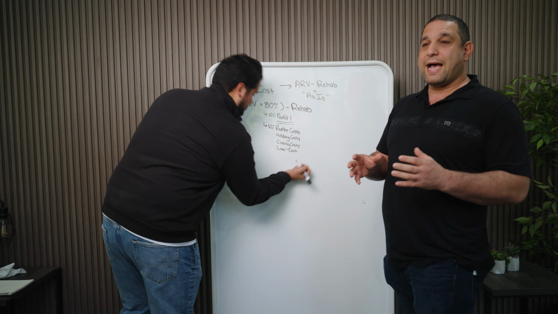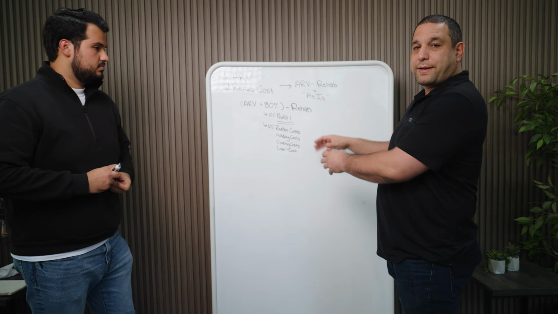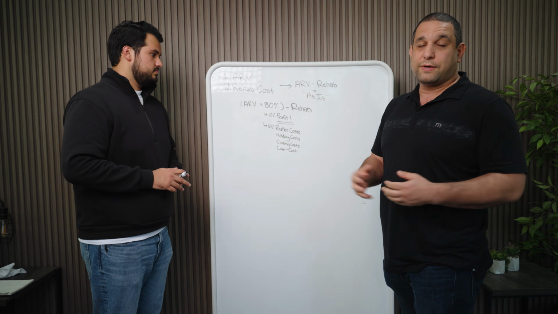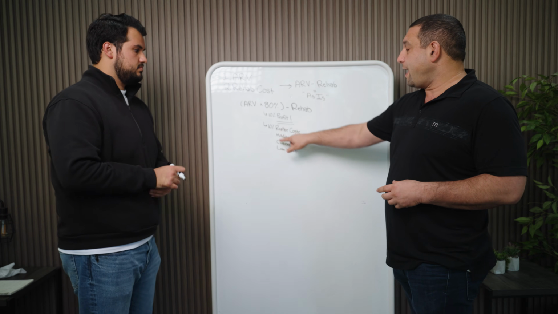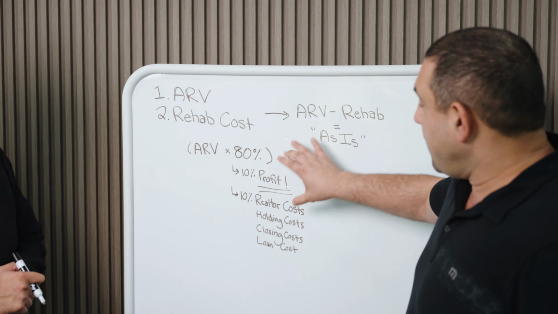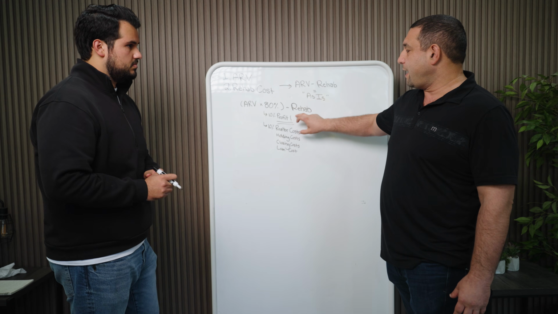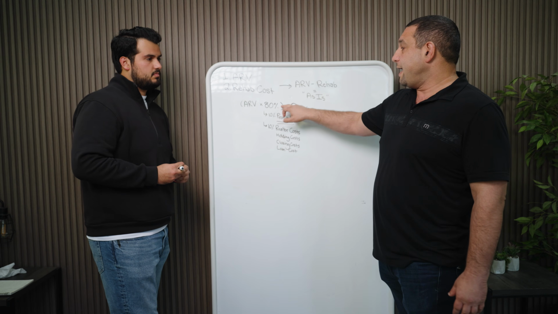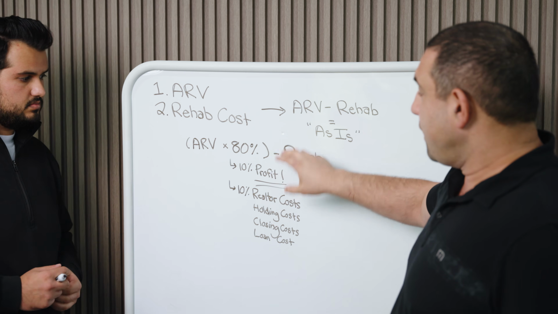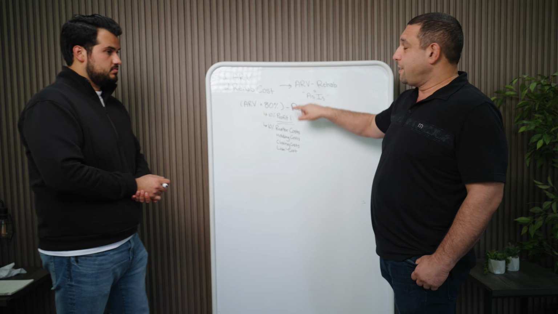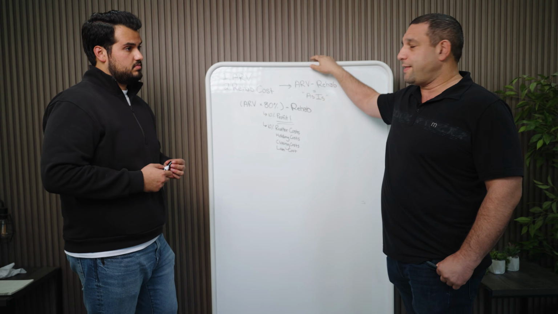But even though we're paying cash, our money is worth something. If I wasn't using my money to buy this property, I would use my money to make money on other things, right? We do lots of loans. I could loan that money out and make money, but my money is dead. So all that is part of the holding cost. So typically, you're gonna have at least around 10% in these types of costs, and then you wanna make at least 10% profit. So 80% is about as high as you could pay and actually make some money. The other thing is sometimes you think you're making 10%, but then sometimes the rehab goes over if you don't do it correctly, and then you end up making less.